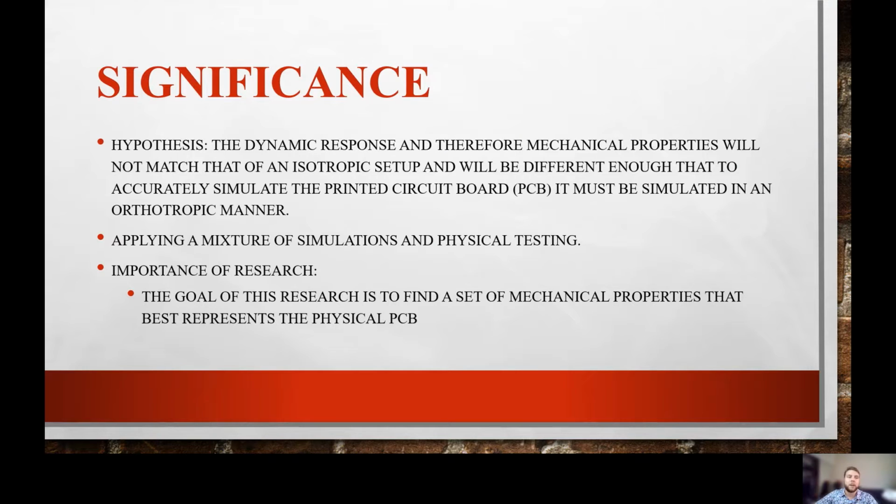So, the significance behind my research is that in most of industry, they will simulate a PCB, or printed circuit board, as part of an electronic package in an isotropic manner. What this means is that the PCB would respond to different forces equally no matter what direction, because the mechanical properties are the same in the X, Y, and Z axes. But in actuality, as you'll see later on in the next slide, that isn't always the case due to the